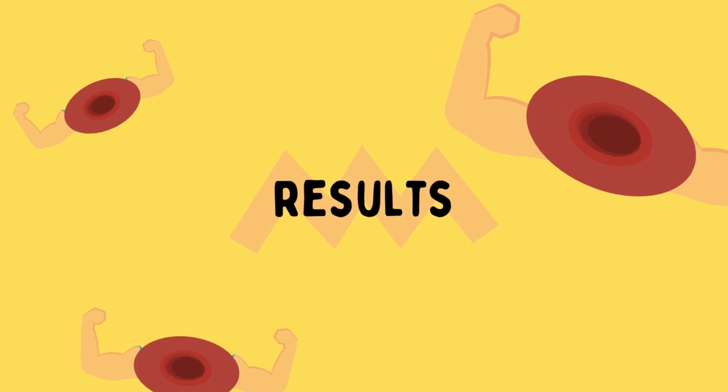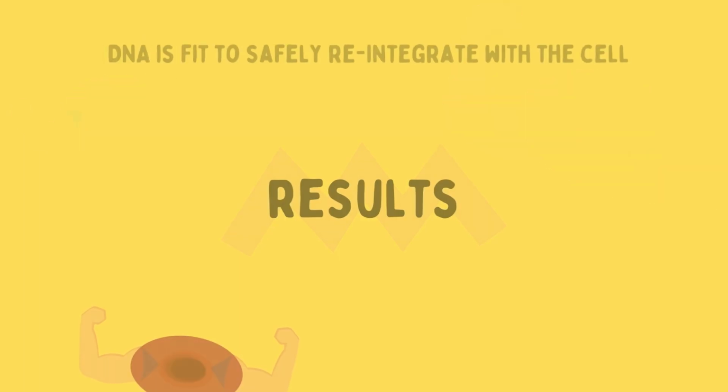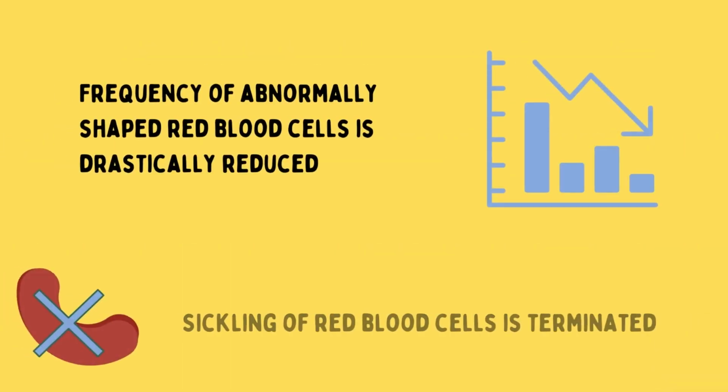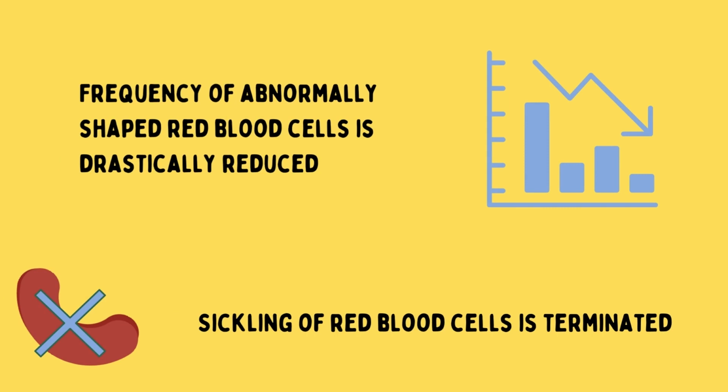Now that the genome is corrected by the use of the CRISPR-Cas9 system, what are the results? Well, since the DNA is repaired, it is ready to be reintegrated in the cell. Once the edited genome is reintegrated, the cell can once again synthesize the correct hemoglobin A protein. This then ultimately produces spherical red blood cells instead of crescent-shaped ones, as the cell does not produce hemoglobin S anymore. With the constant production of hemoglobin A, the frequency of hemoglobin S is reduced and cycled out. Once the frequency of hemoglobin S is minimal, sickling of blood cells is terminated